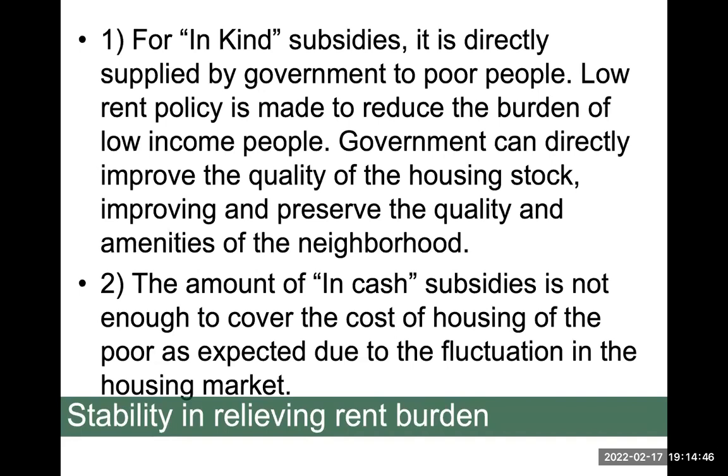And the second chapter would be the objective in stability and relieving the rent burden. For in-kind subsidies, it is directly supplied by the government to poor people. And a low rent policy is meant to reduce the burden of the lower income people. And the government can directly improve the quality of the housing stock by improving and preserving the quality and